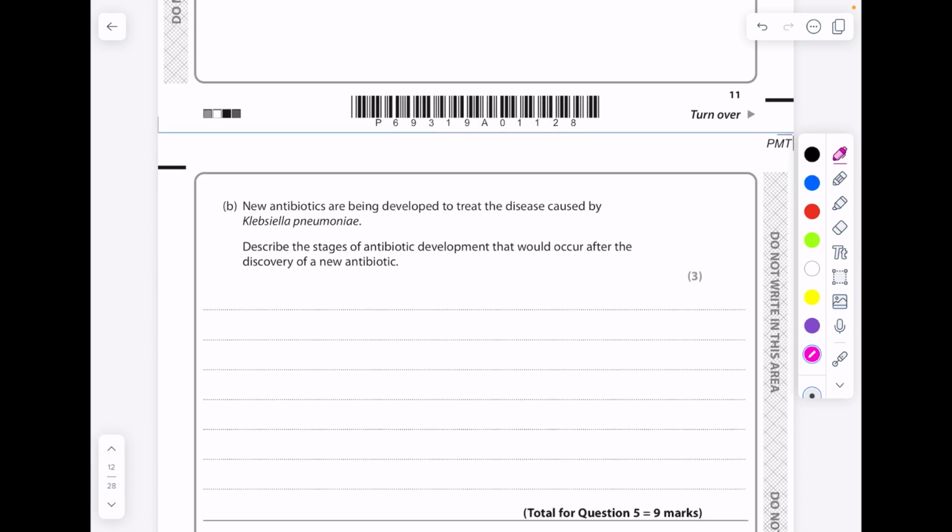New antibiotics are being developed to treat the disease caused by this Klebsiella pneumoniae. Describe the stages of antibiotic development that would occur after the discovery of a new antibiotic. So we're looking at all the drug development. So we start by saying the antibiotic would go through preclinical tests,